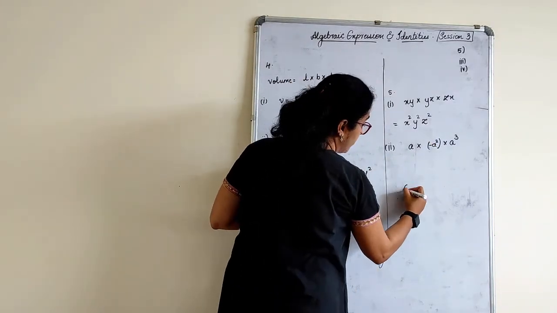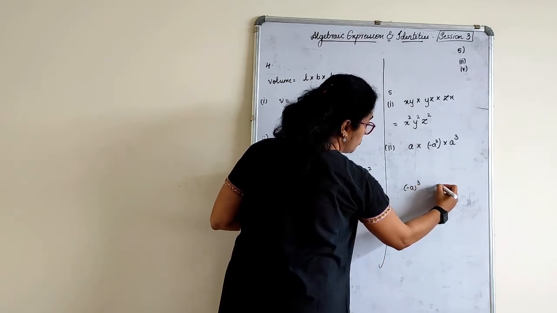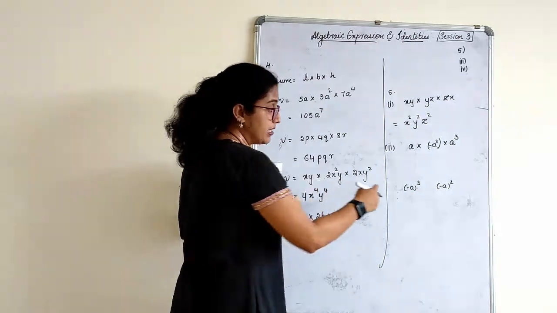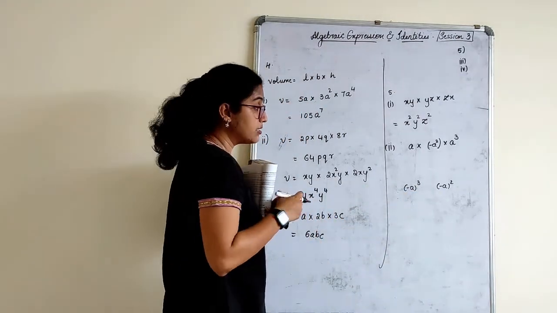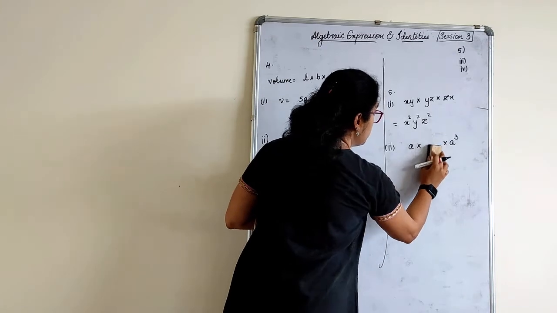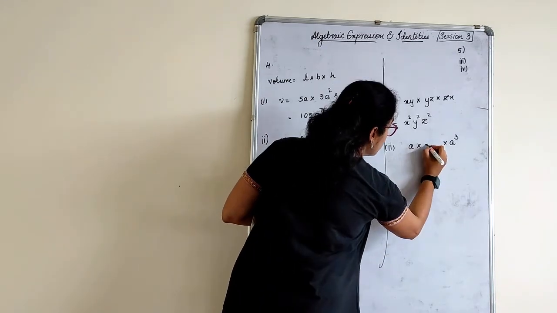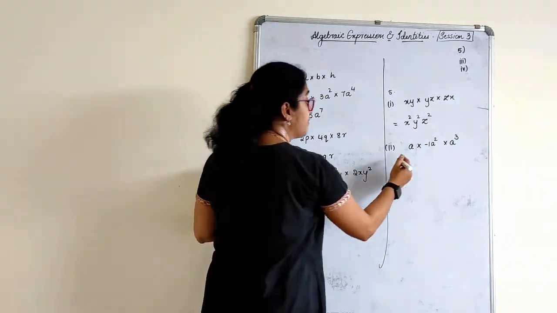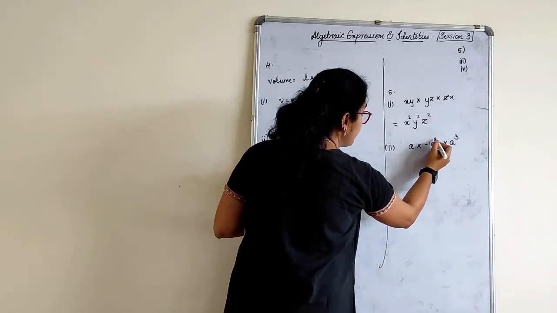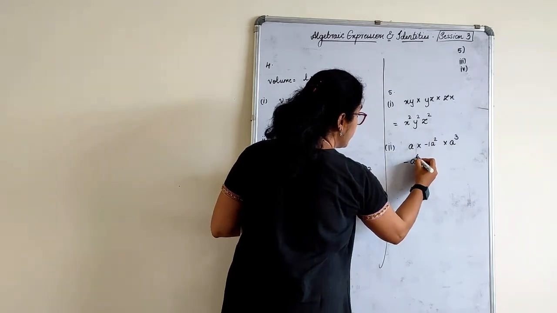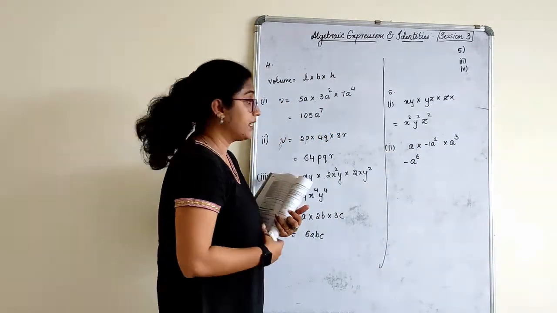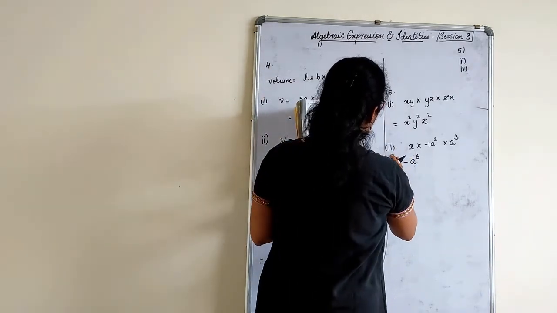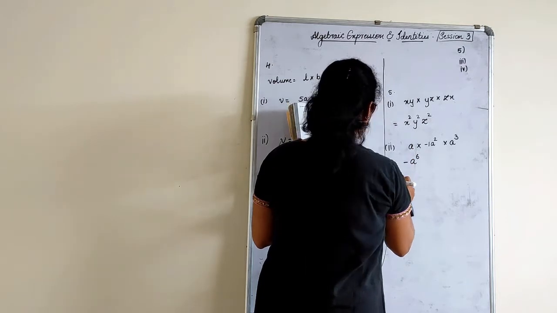Usually you will get confused, right? If I write minus a whole cube and minus a whole square: minus 3 times, so it is minus; minus 2 times, so it is plus. But here the sum is minus 1 a square. Let us assume it like this. So what will be the final answer? 3, 4, 5, 6. Minus a raised to 6. That will be the answer. First one I have done, second one is done, third and fourth I have given you as homework.